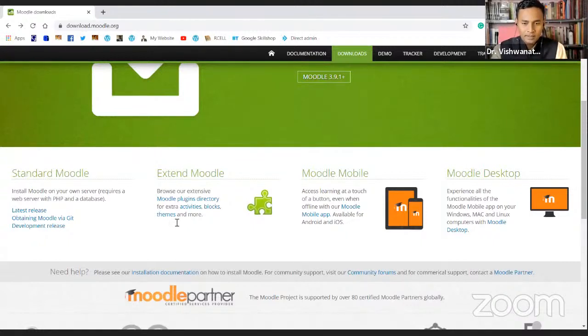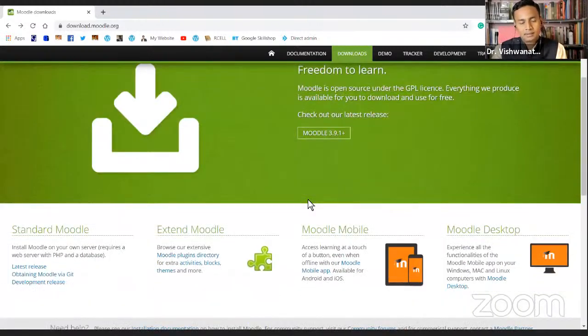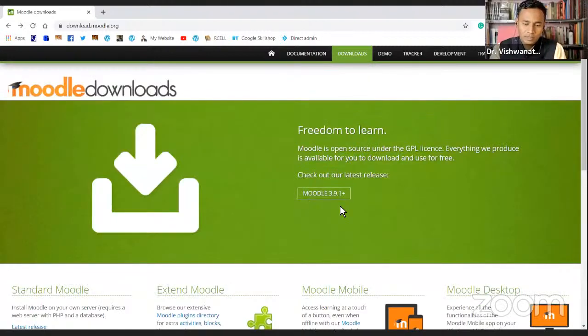So when you want to download, just click on this download button, and right now the 3.9.1 version is running. 3 months ago, 2 months ago, it was 3.7, but since this pandemic is going on and people need this kind of Moodle platform or any learning management platform for that matter, they are updating it whenever anybody reports any problem or issue with Moodle.